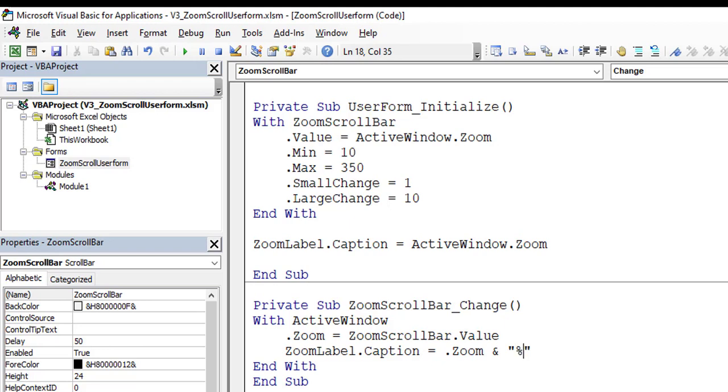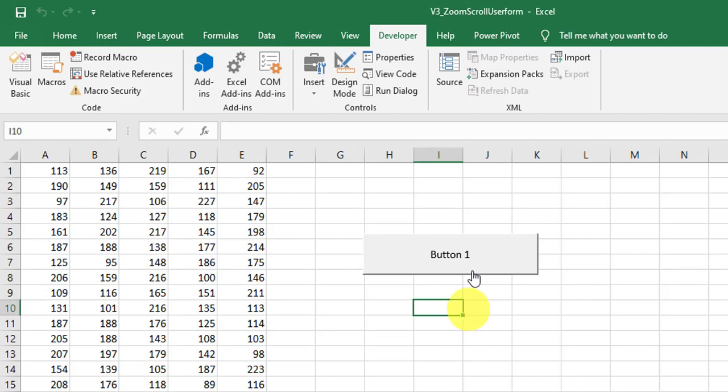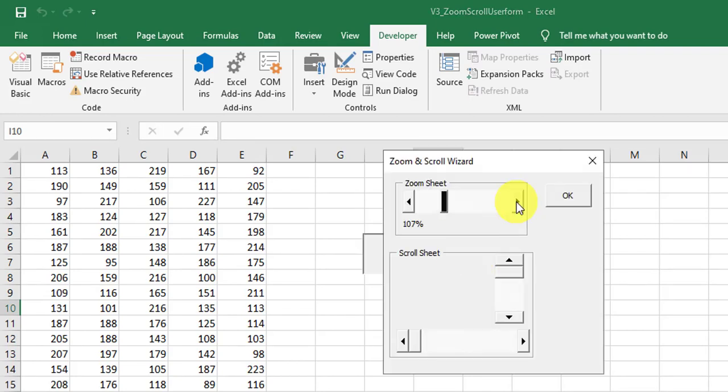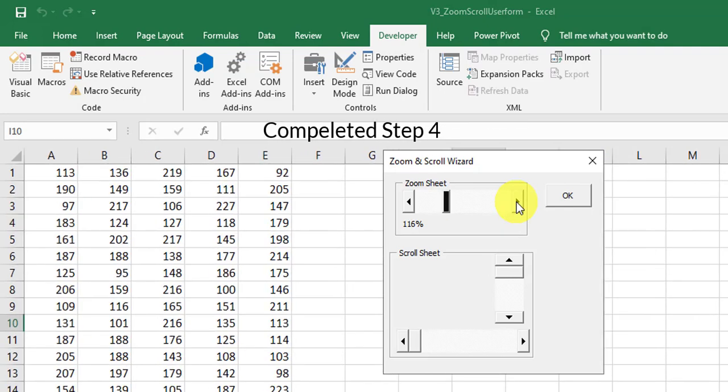This updates the label value to the current active window zoom value. Go to the front end, click on the button. You can see that the macro is working. This completes the macro for the zoom scroll bar wizard.